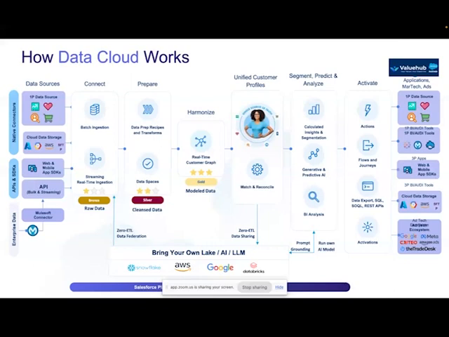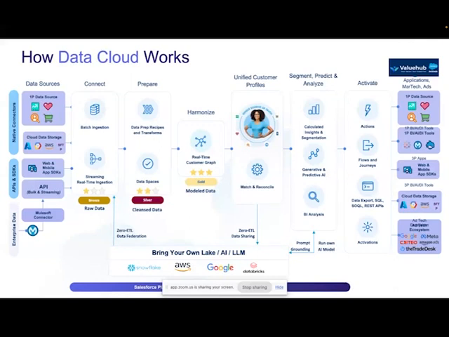We also have enterprise-scale MuleSoft, which we can connect to Data Cloud. Upon connecting, we can start the data transformations, perform some modeling, and then design our unified record. We can use these unified audiences to perform segmentations, predictions, and analysis of this data, and we can activate the data to different ad audience platforms and MarTech stack applications. Not only this, we can also send our data back to different data systems like Snowflake and Databricks